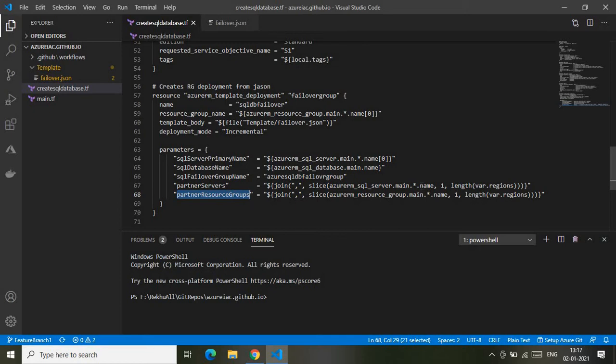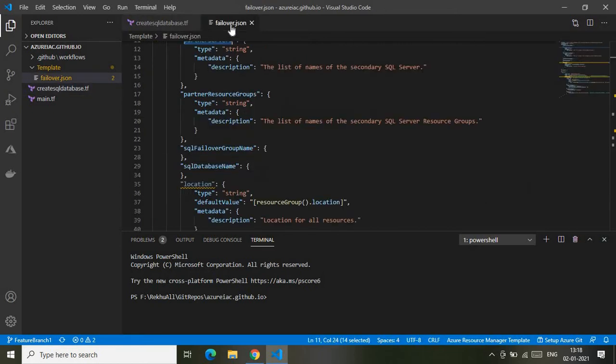Let me give you some brief about why we want the failover group. Let's say your database is now hosted in East US, that is one location. Something bad happens, and the SQL server sitting in East US is down now. In that case, the service is unavailable, and your business will be affected. To avoid such downtimes, Azure provides the inbuilt capability called SQL database failover: the service will automatically be up and running in the second location in such cases. That is the reason for SQL database failover.